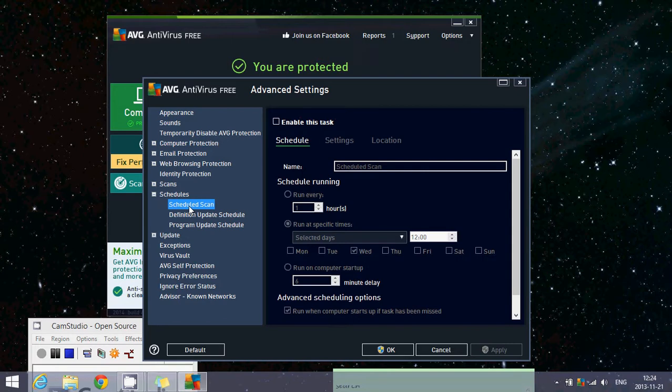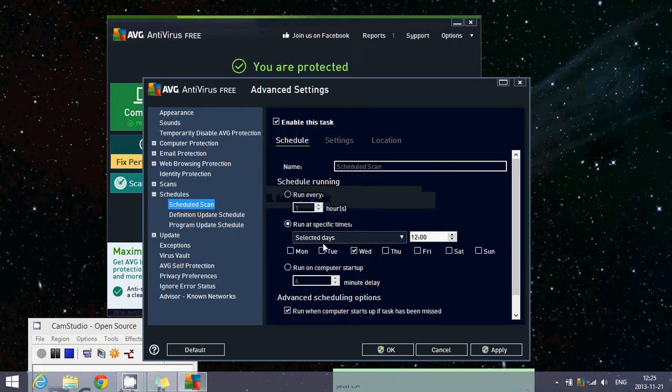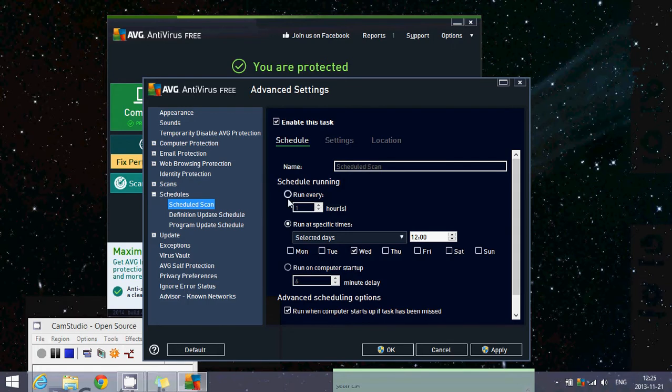So you can click schedule scan and give it a name. So you can say, for example, Robert's scan. So you can say, okay, you're going to enable the task. And then you'll say, okay, I want to have the schedule running the scan running every 1 hour, or run a specific days. So you can say, okay, I want the scan every Saturday at noon or at the afternoon or evening. You choose a time,